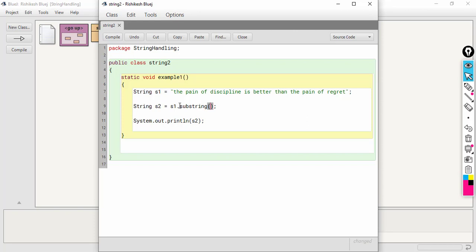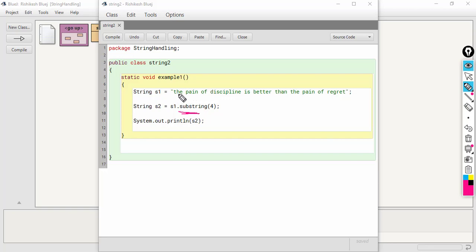Let's write a number here, let's say 4. So what will happen? We'll get all the characters starting from 4 till the last index. That is the new string that will be returned by this substring. Substring means a string that is present inside another string.